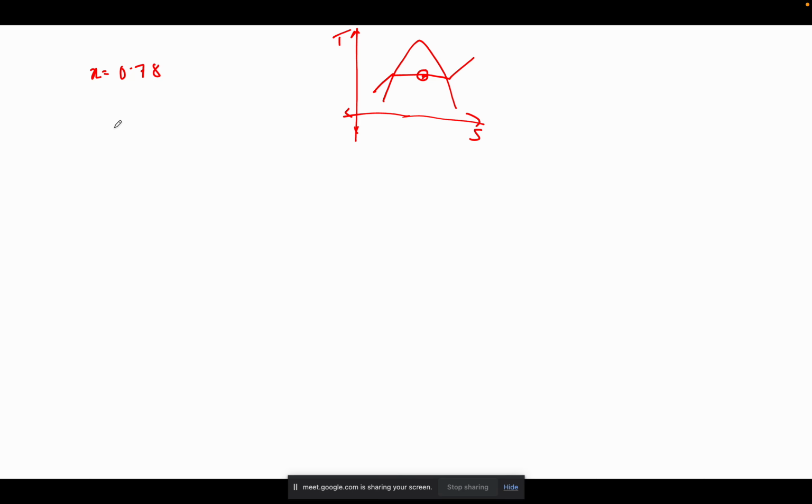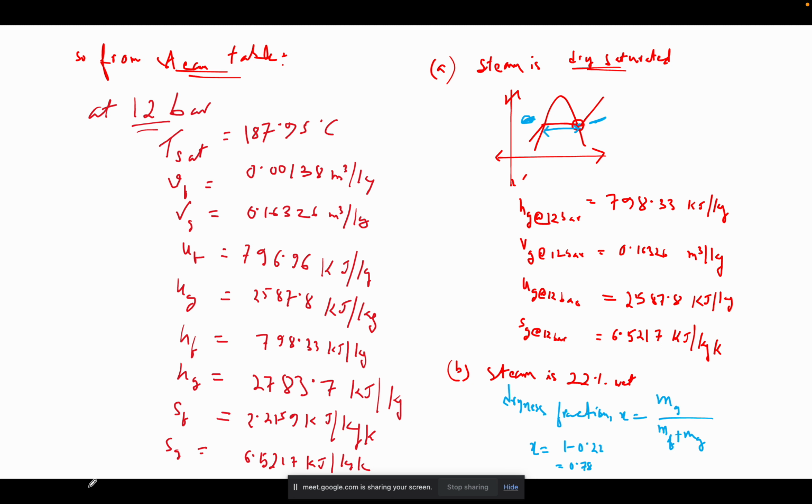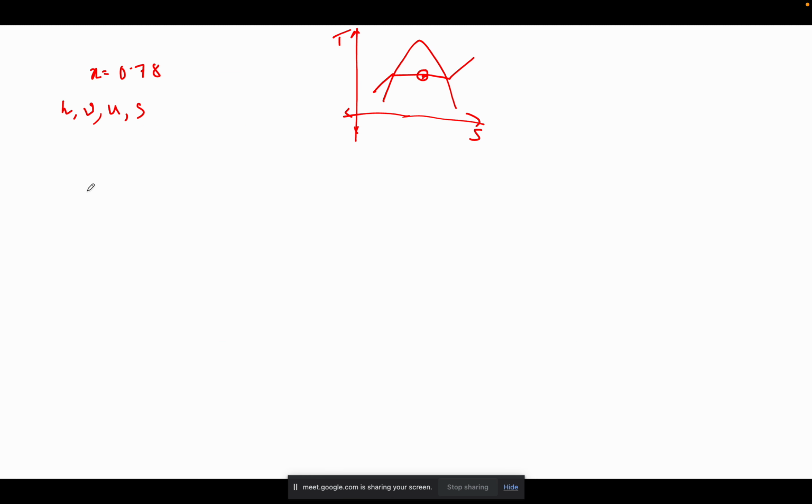So 78% of the gaseous steam is present. If we need to calculate now the enthalpy, the volume, the internal energy, and the entropy, I think these 4 only we require. Then there is a formula that H will be equal to Hf at 12 bar plus X times